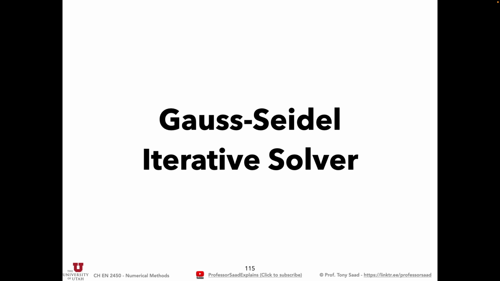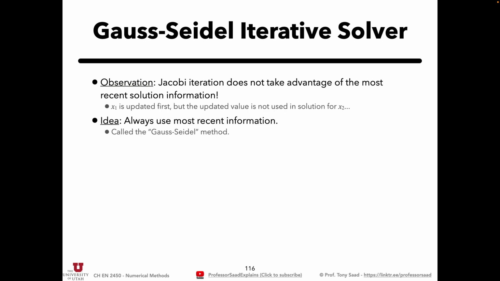If you do the bonus problem, there's a question where I ask you to study the convergence rate between Jacobi and Gauss-Seidel, and you will see that you will double, you will get there in half the number of iterations. And it's a very simple